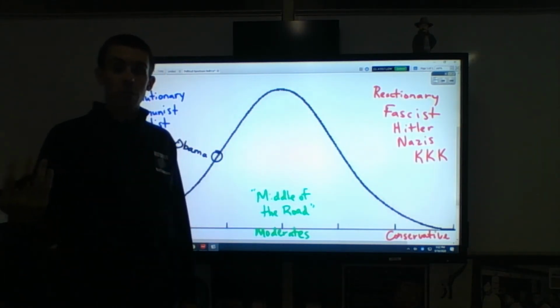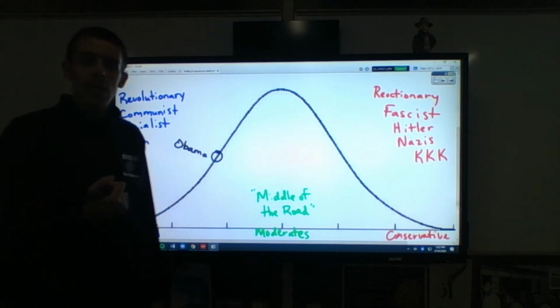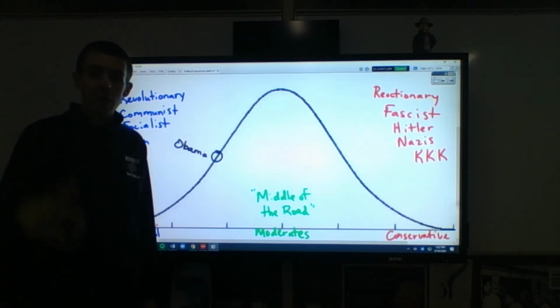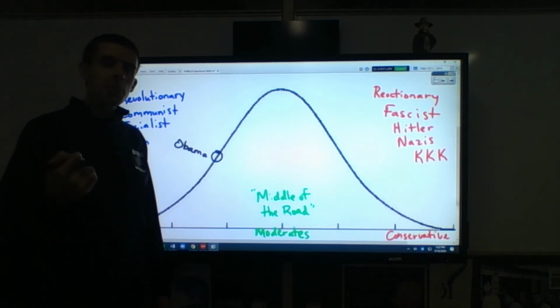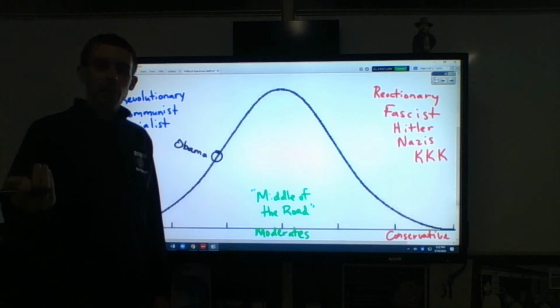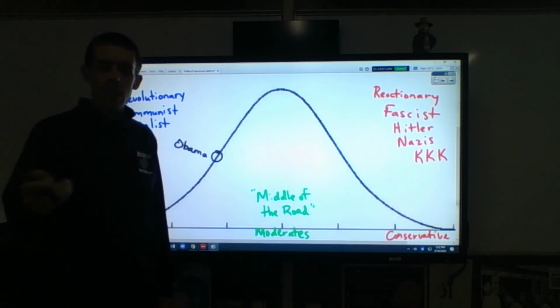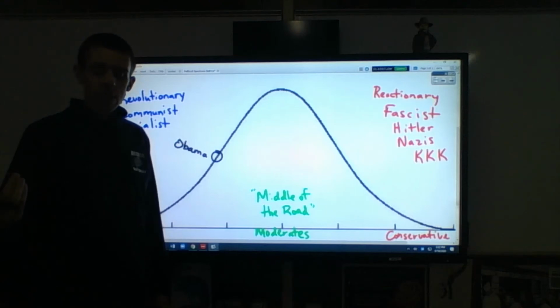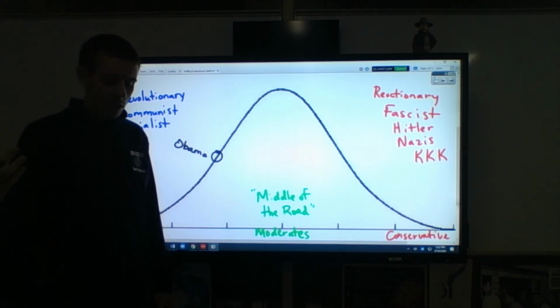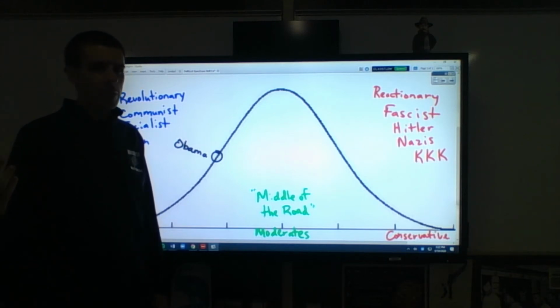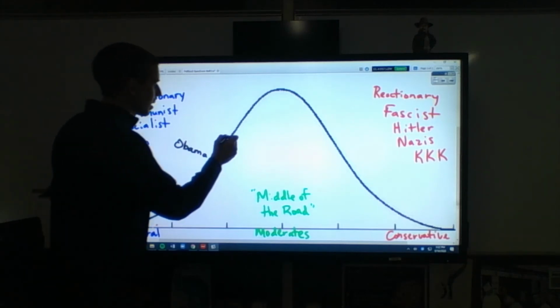Now, somebody else that we could mention that belongs on this side of things, somebody like Joe Biden. Joe Biden, in case you don't know, is running for president right now against Donald Trump. Joe Biden is a Democrat, so he's a liberal, but there's some debate on what Joe Biden actually believes, because he happens to be kind of old and not really sure whether or not he's being influenced by other people. A lot of people don't really know this. So for Joe Biden, what I would probably say is that he's hard to put on here, but he's probably a little bit more moderate than Barack Obama was. So I'm going to put him somewhere in this category.